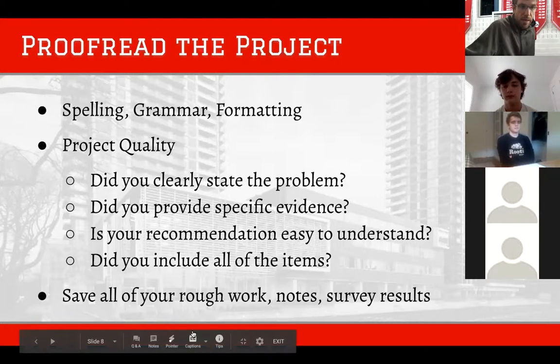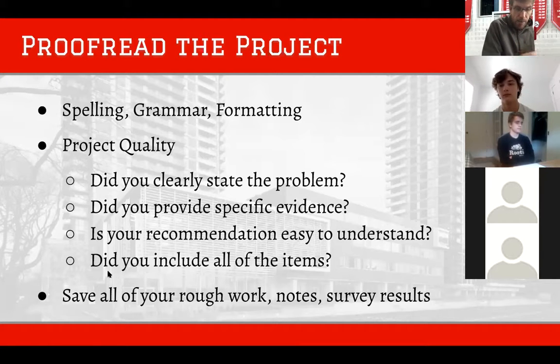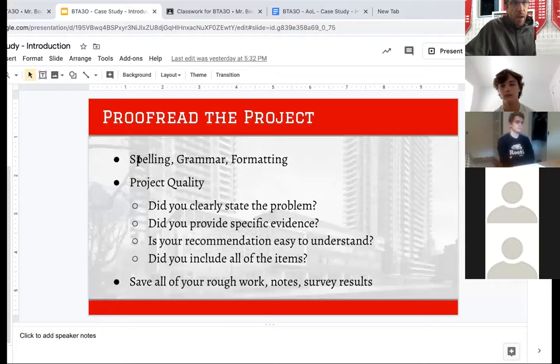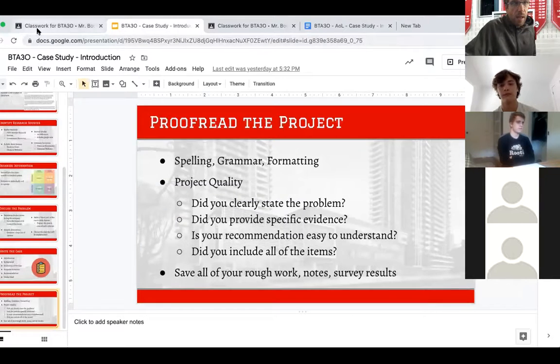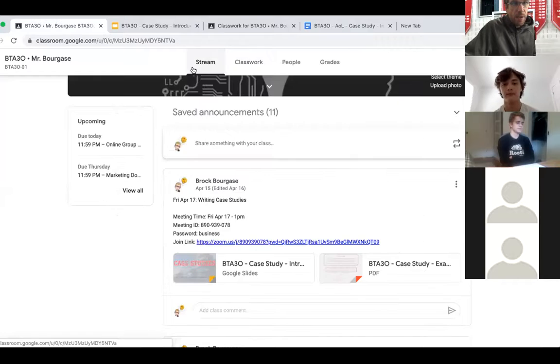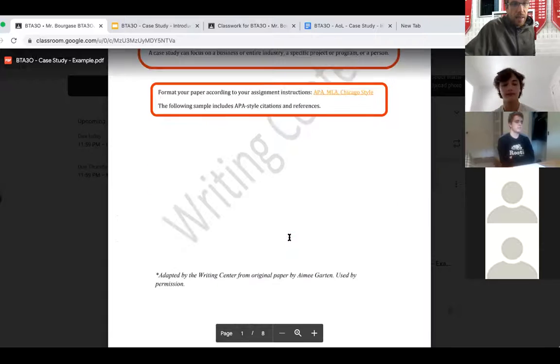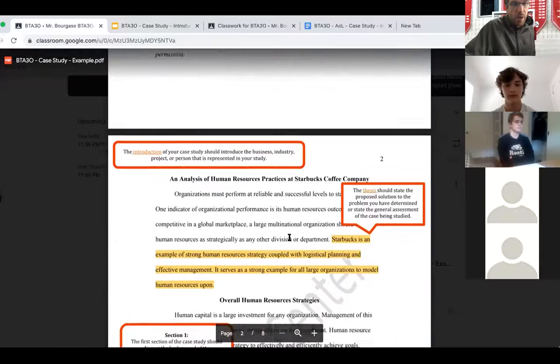So that's sort of the idea of how you would go about doing your case study. And again, for those of you who joined late, I moved that back to the end of the month. What I put in, under today's class, under the stream, I put a bit of an example here. Now, it's a little long, but it's kind of